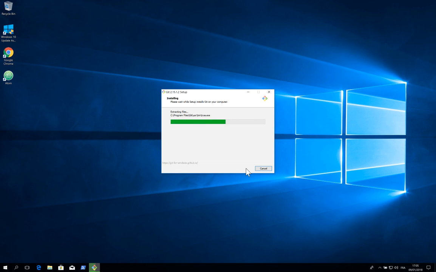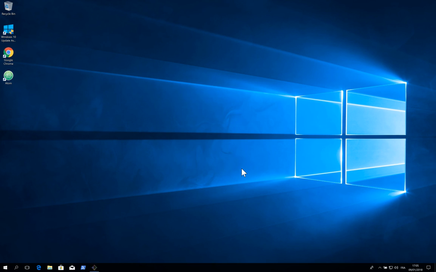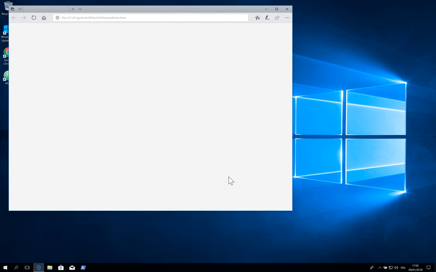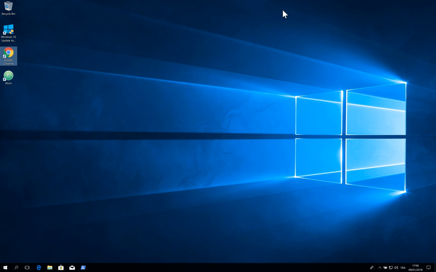Now again, if you're not familiar with Git, it is a version control system, similar to Subversion or CVS, but it is used heavily in the NPM ecosystem. And then we click Finish, and it's proposing to open the release notes. Okay, we can close that. And that's it. At this stage, we have all the tools required to start the development of our smart contracts